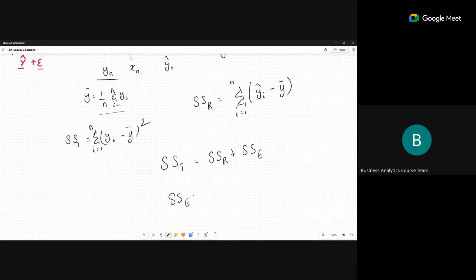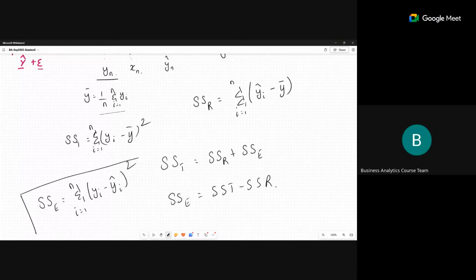So SSE is equal to SST minus SSR. So that is the remaining variability that is sitting there. You can find it like this, or you can always find SSE as summation i equal to 1 to n of yi minus yi hat the whole squared. This is your SSE,